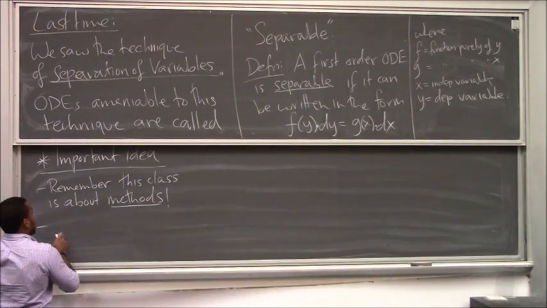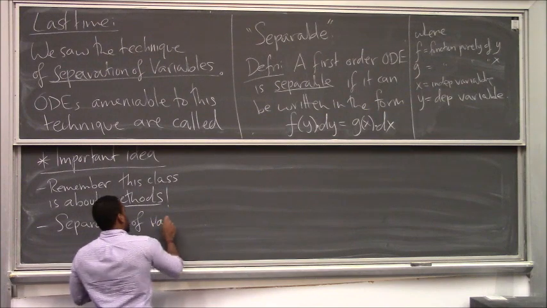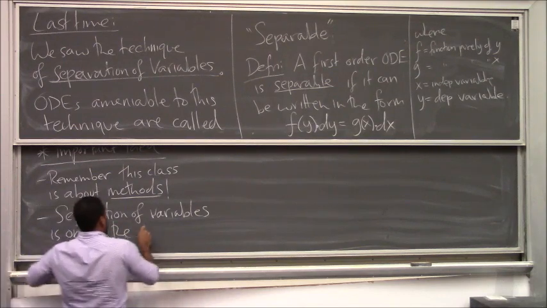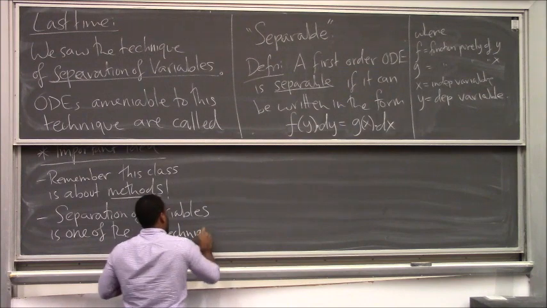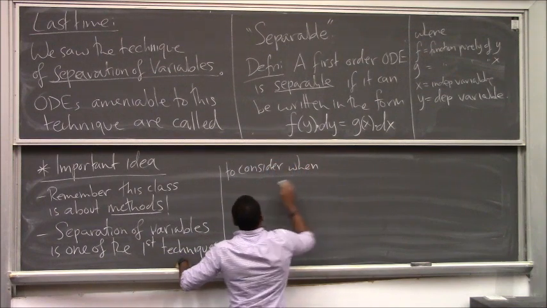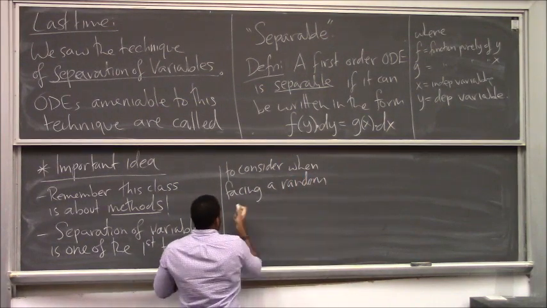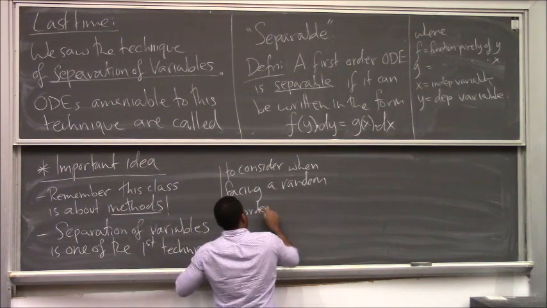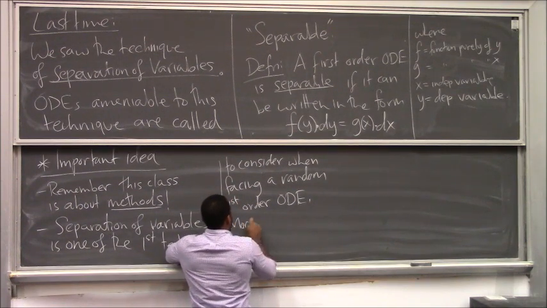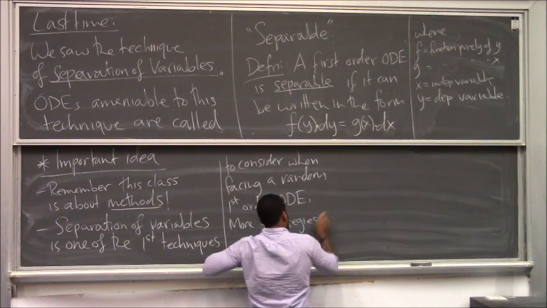But separation variables is one of the first techniques to consider replacing a random first order ODE. More strategies for